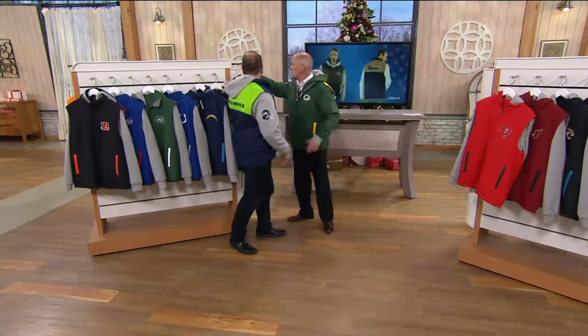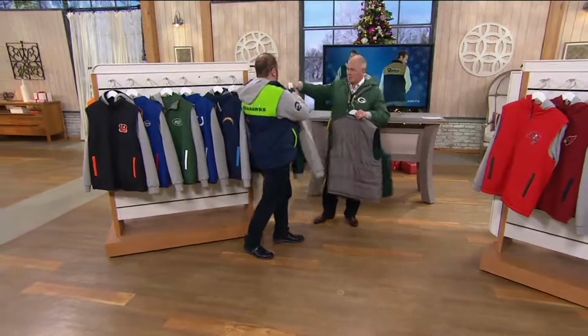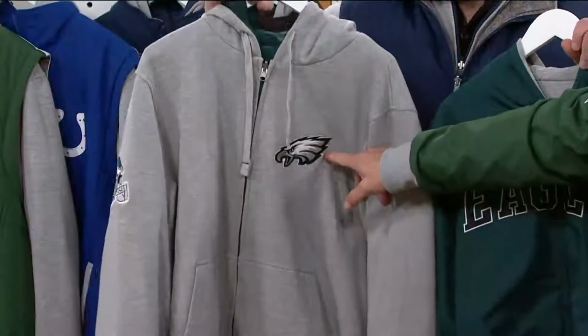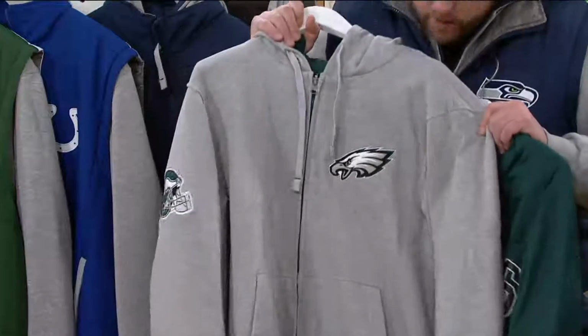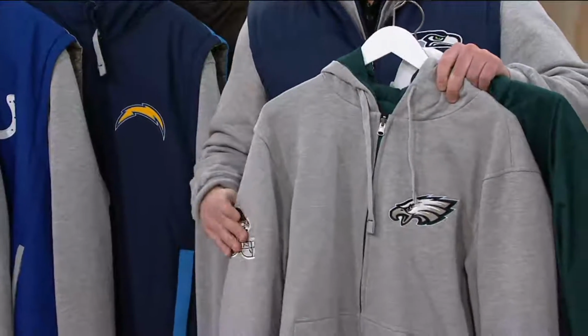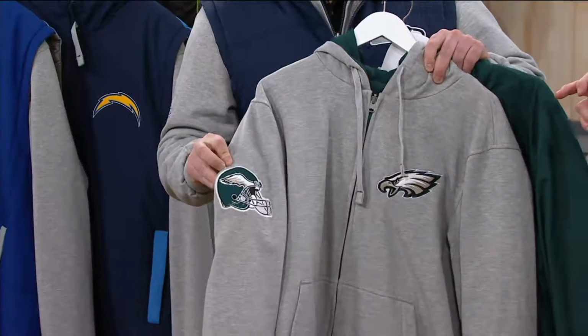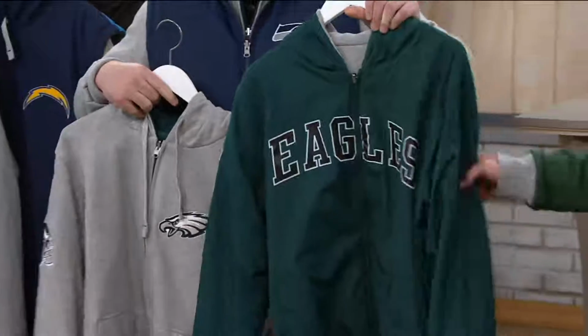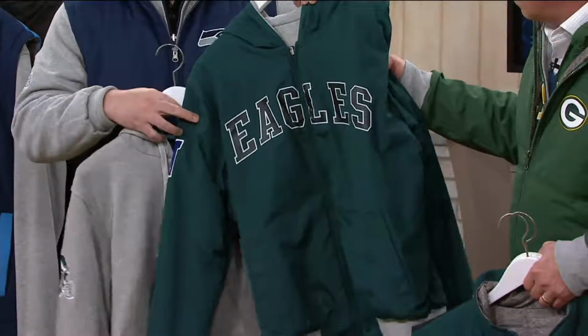Can we start with the Eagles? Go for it. I'll grab the vest, you grab these. Alrighty. It starts off with an incredible, really nice hoodie. What you're going to have is one side that's always going to be gray. You're going to have the left chest embroidery of your full team name, a big embroidery piece. That's expensive to do. Then on the right sleeve, you're always going to have your helmet, nice and big. Then on the inside, it'll reverse out to your team's primary color in almost a water-resistant type